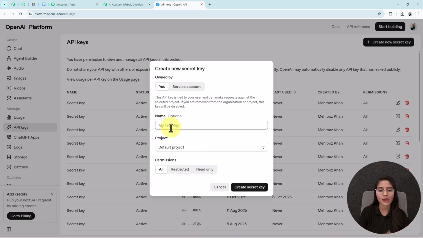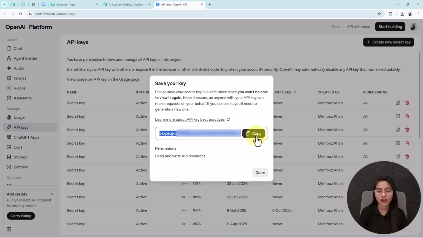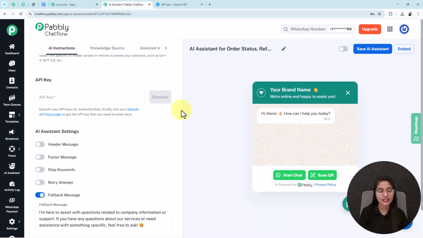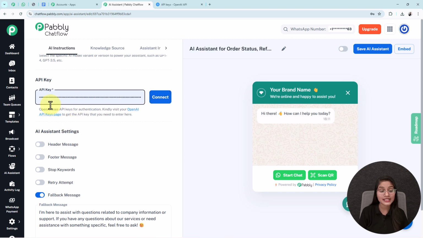It is optional, so I am leaving these blank and selecting the project as default. After that, the permission I am giving as all. Next, I will click on this create secret key button. See, I got my OpenAI key, so I am copying it from here and pasting it in this field. After pasting the API key, you just have to click on this connect button and see our OpenAI key saved